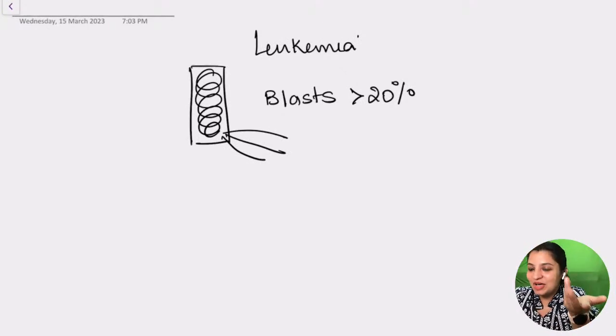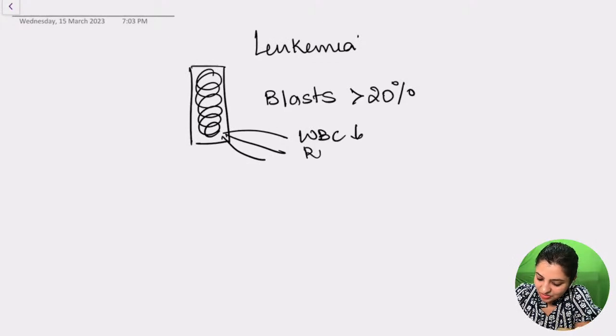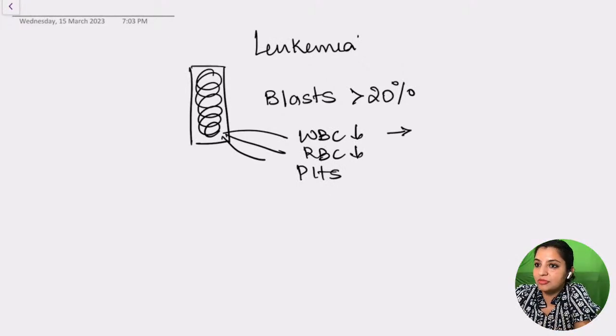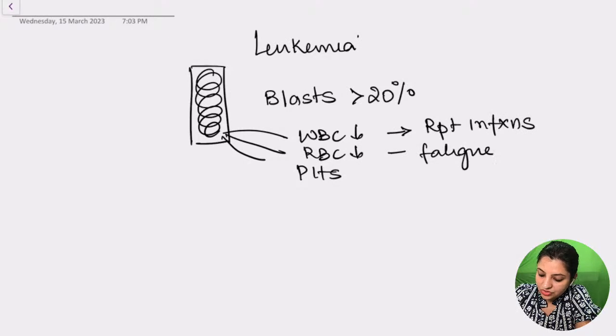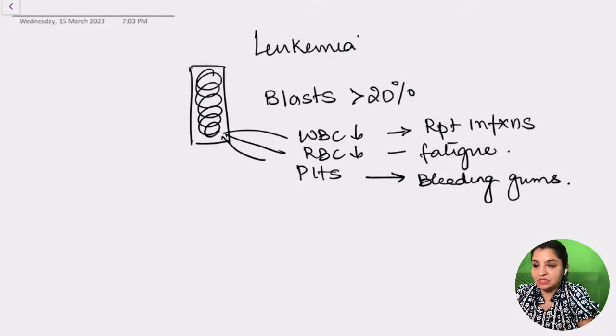So what is going to happen is the patient is going to have decreased WBCs, decreased RBCs, and decreased platelets. Because normal WBCs are decreasing, they will have repeated infections. Because RBCs are decreasing, they will have fatigue, and because platelets are decreasing, they will usually have bleeding, especially from the gums. Now, why I'm telling you this is because majority of the hematology questions will be